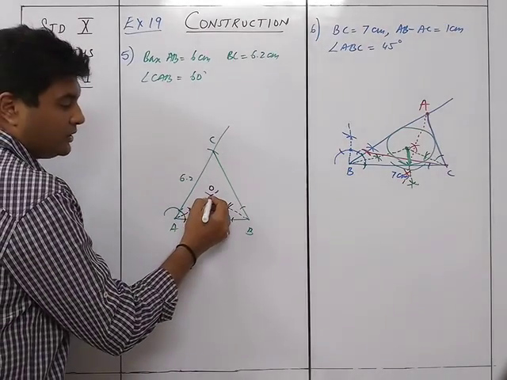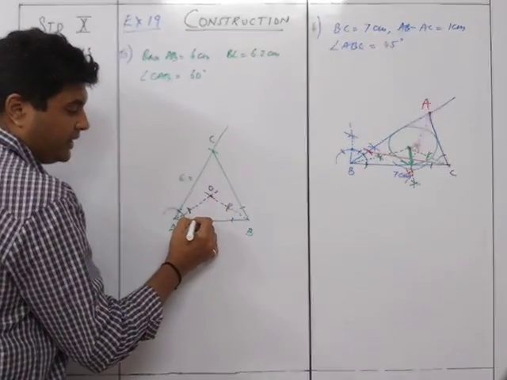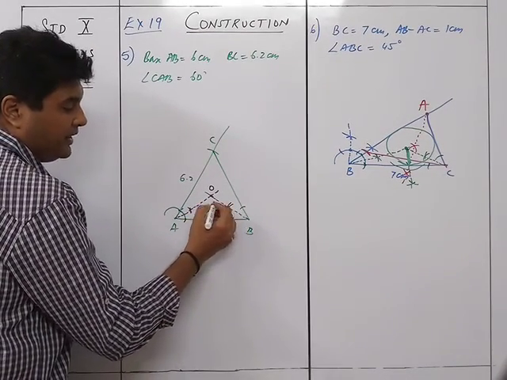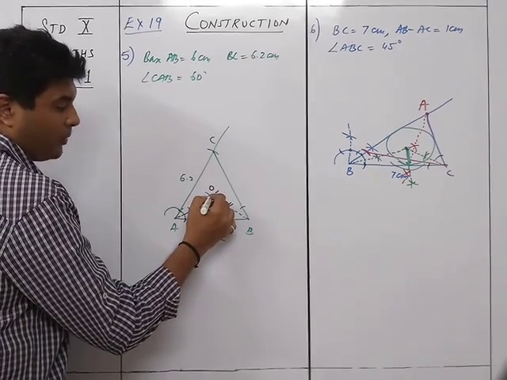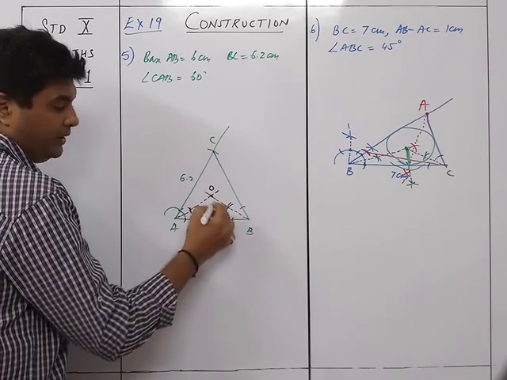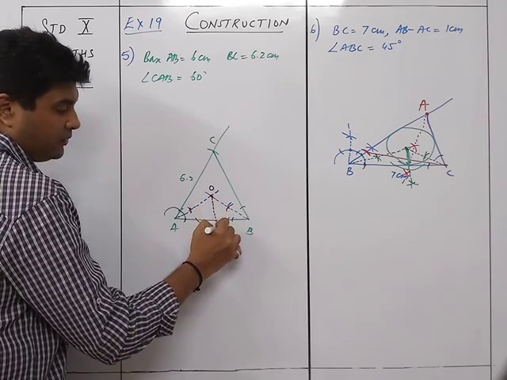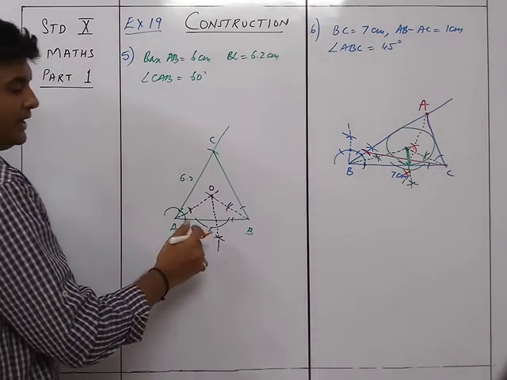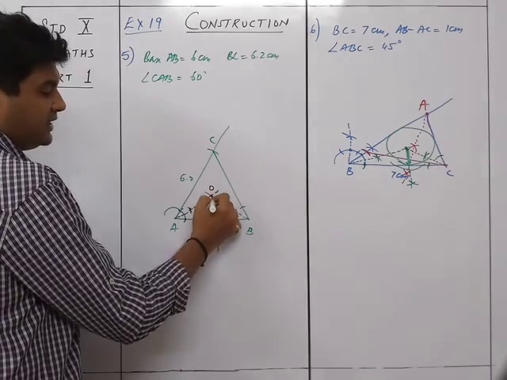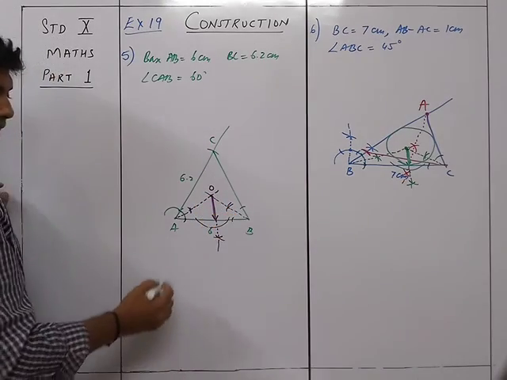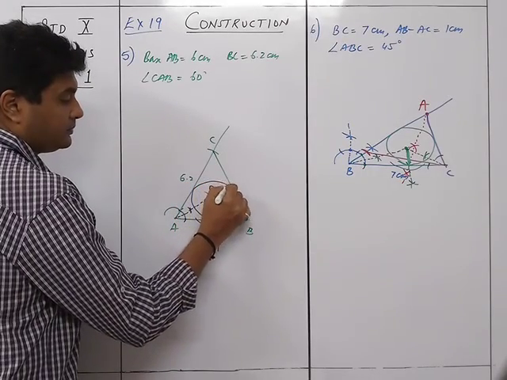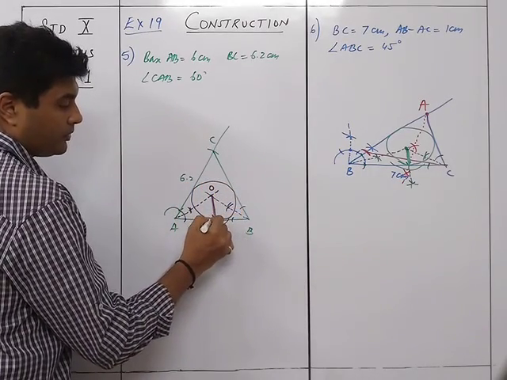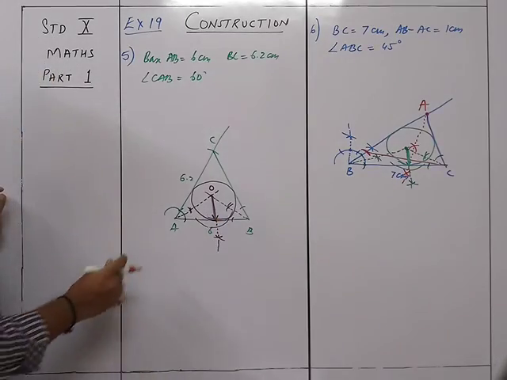Now we are going to draw the perpendicular because we need an exact value of the radius. So we are going to drop a perpendicular from O on AB. So this is the perpendicular given. Accordingly, you will find that this is the required radius and you draw the circle in this manner. Okay, this is the required circle.